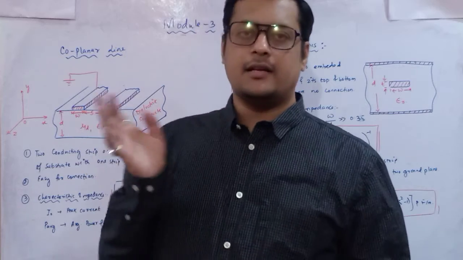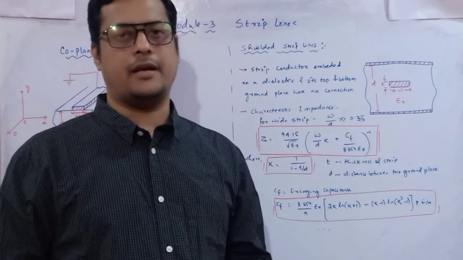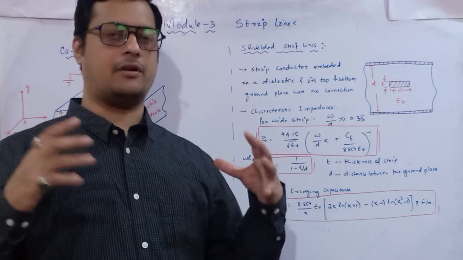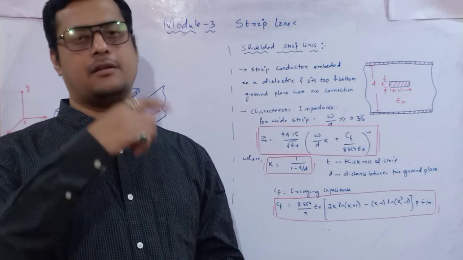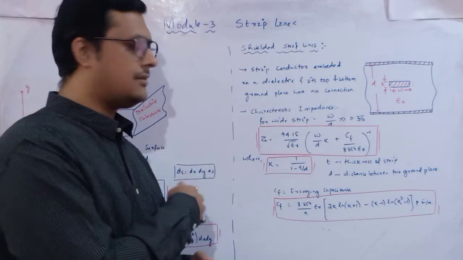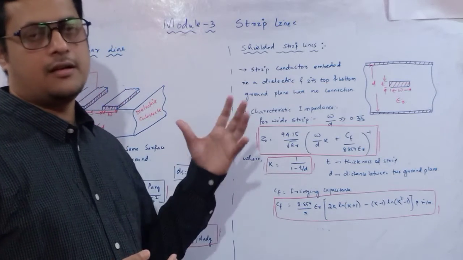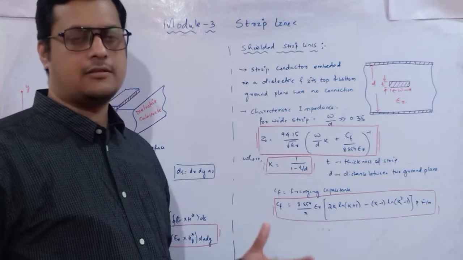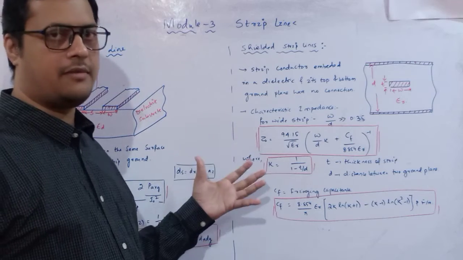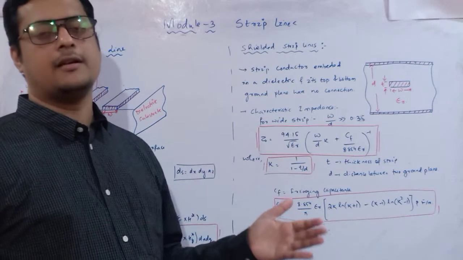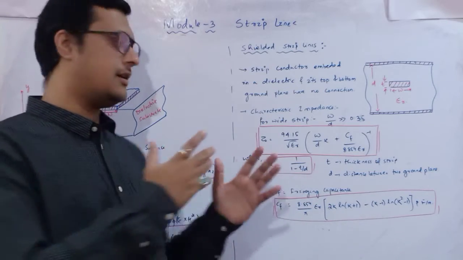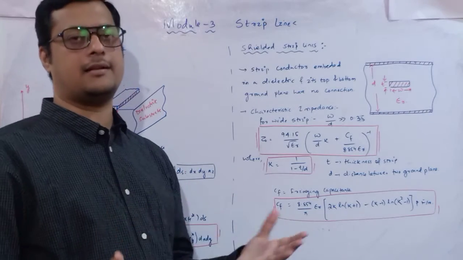Now this thing we will discuss in the next class in a deeper way, depending upon the coupled line. In that coupled line, how we are going to identify the capacitance for different regions. If it is between the upper plates, what will happen? If it is with respect to the dielectric, what will happen? That we will discuss in the next class, because it is not in our syllabus, but I will discuss all those things so that you can understand the actual working principle of this coplanar line. But for the time being, only the relations given in your syllabus, according to that I am going through it. Apart from this, coplanar we will discuss in the next class in a more brief manner.